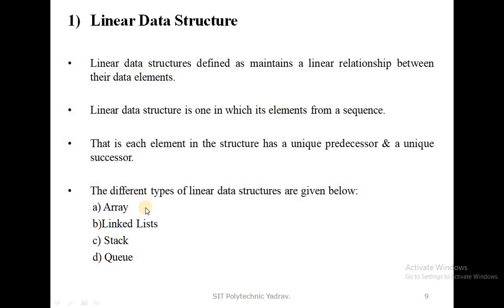That is, each element in the structure has a unique predecessor and a unique successor. Predecessor means the thing that comes before another, and successor means the thing that comes after another. For example, in mathematics, it is not to be written in your exam, I am telling it only for understanding purposes. For example, given a number 5,